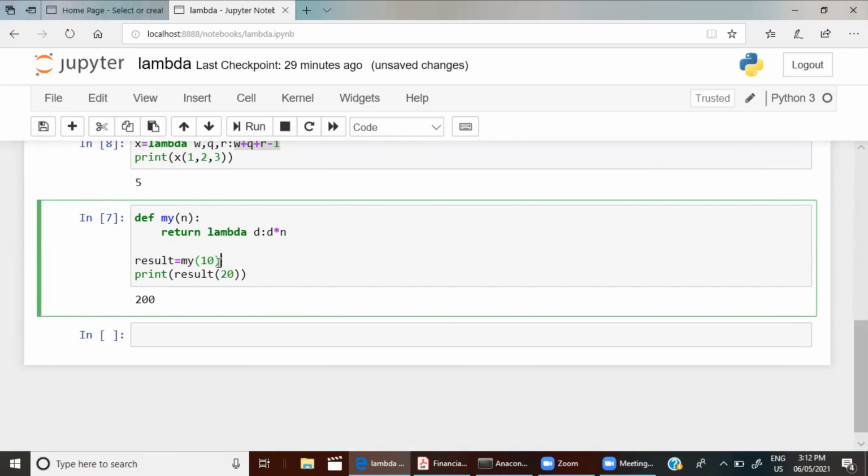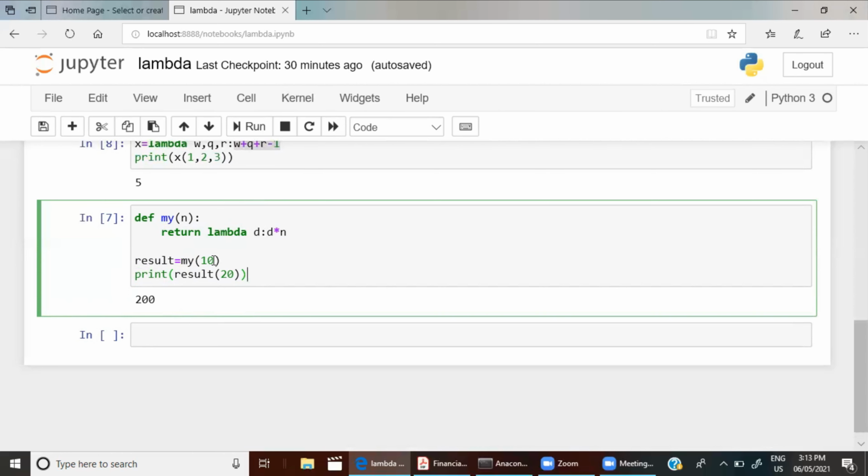As you don't have any print statement, you can't see the multiplication of d into n, so I'm writing a print here. After that, I'm calling this result object, which is a functional object because it stores my function, with another value, and this value will be given to d. That's how this works.